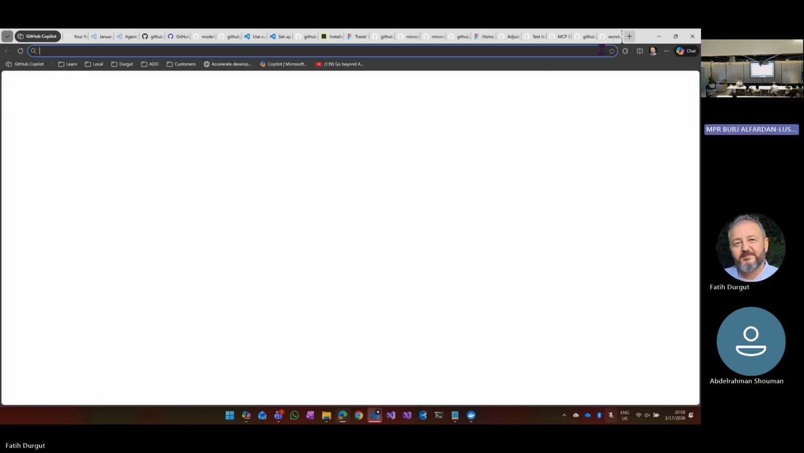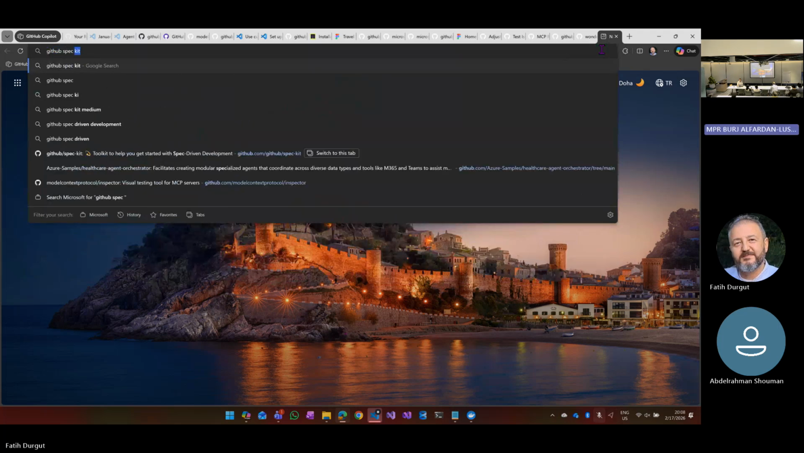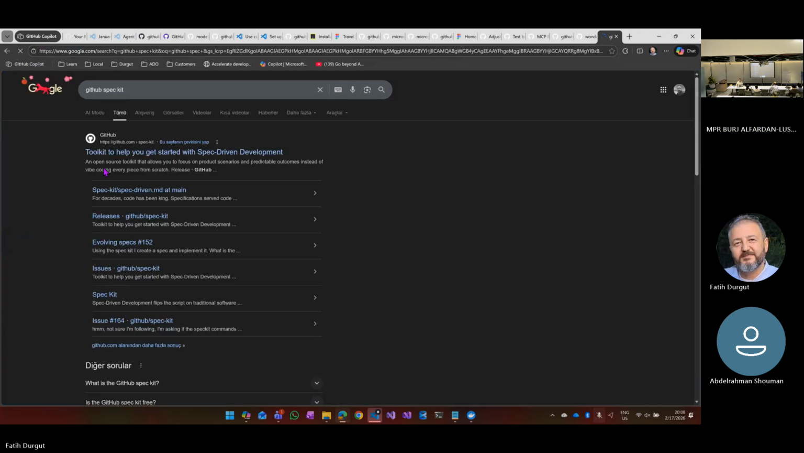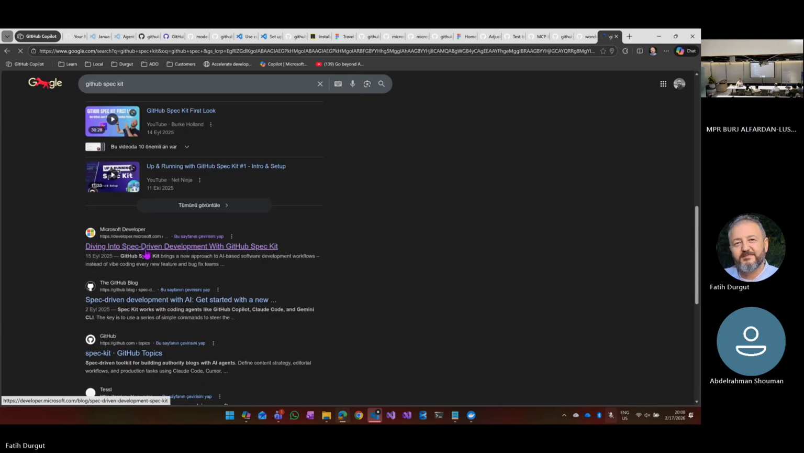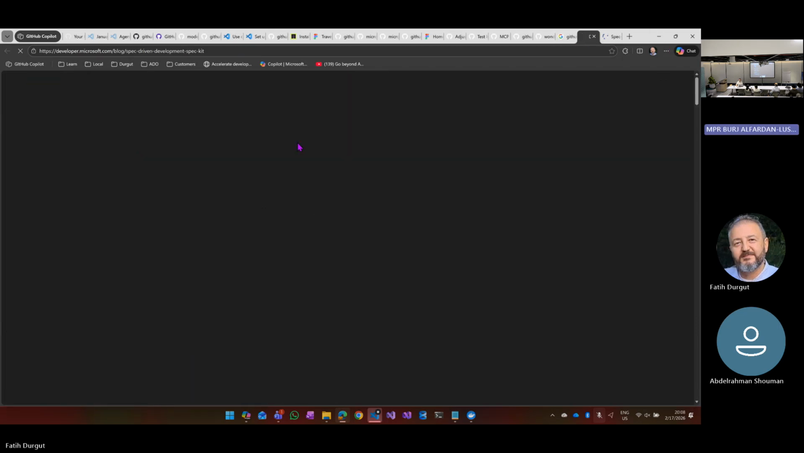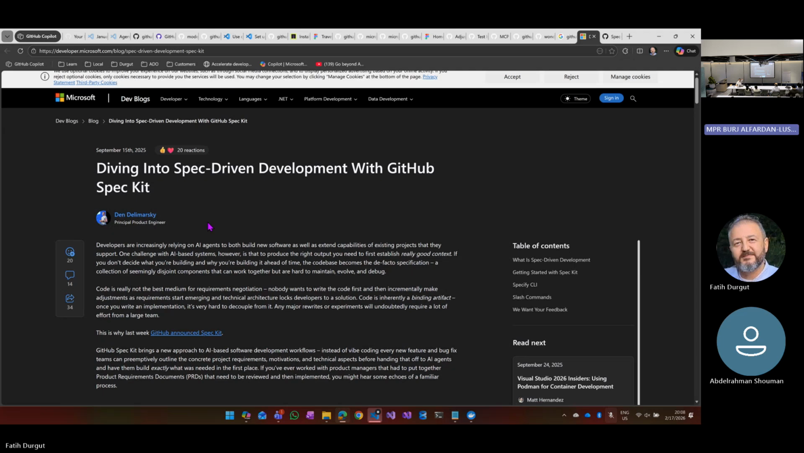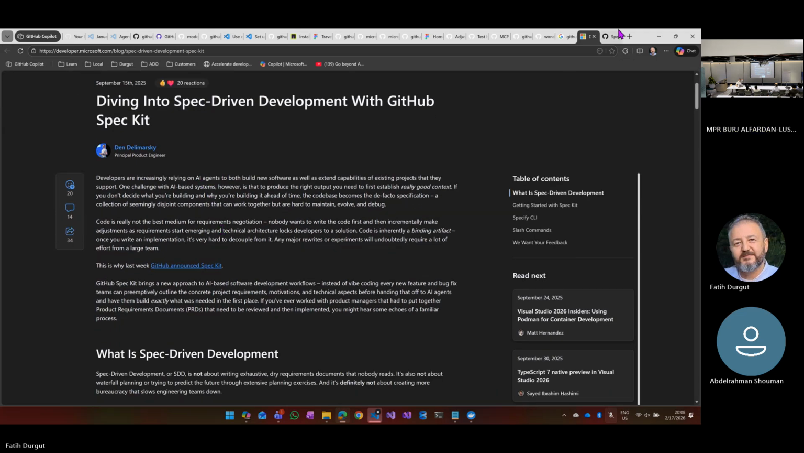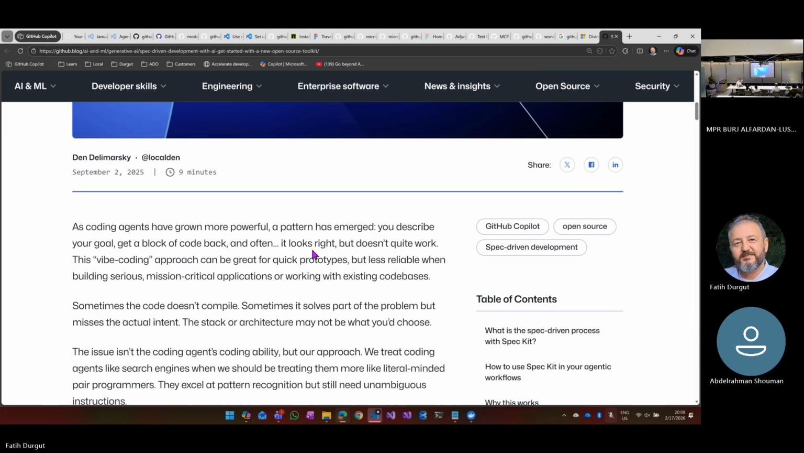Let me search it. GitHub spec kits. Let me open this one and this one. So this is called spec-driven development with GitHub spec kits. And the repository of the spec kit is